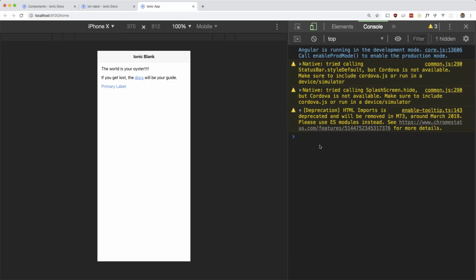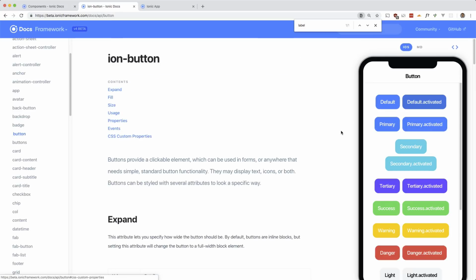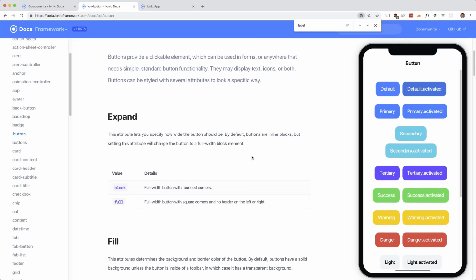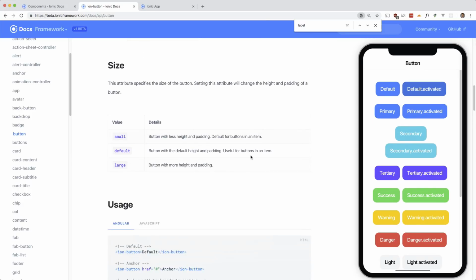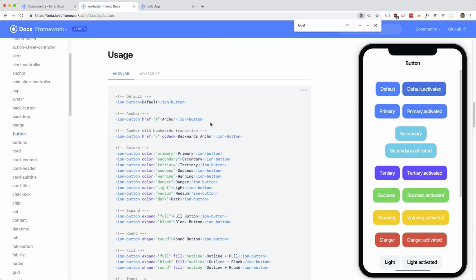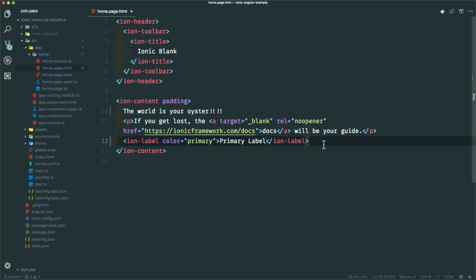So yeah, let's take a look at a button. So as you expect, there are different colors of buttons and different fill values and all of these variants. So let's just take the default one, and if we just put it in here,